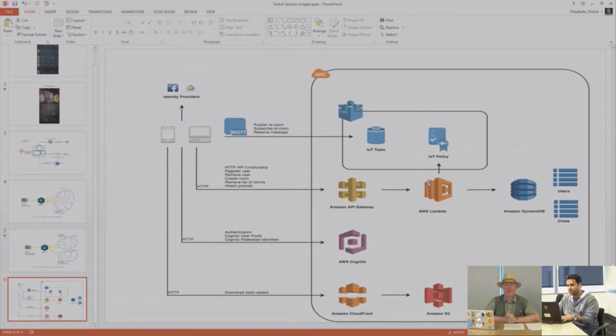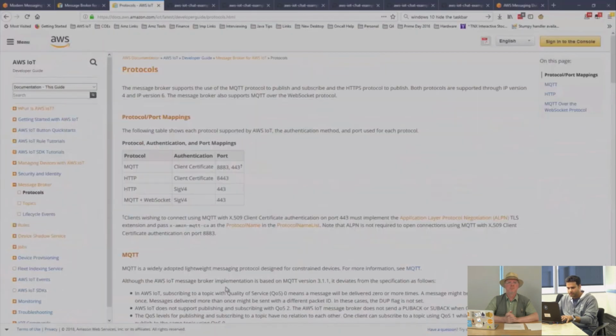But one important thing here is that this API flow is also used to attach IoT policies to the federated identities. And then, of course, AWS Cognito for the authentication user pools and the identities, as we talked about. And lastly, S3 fronted with CloudFront to vend out static content or static assets. So jumping over to the code,